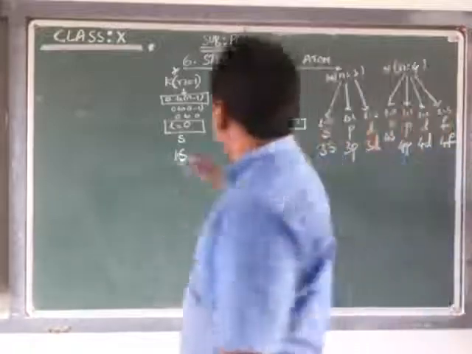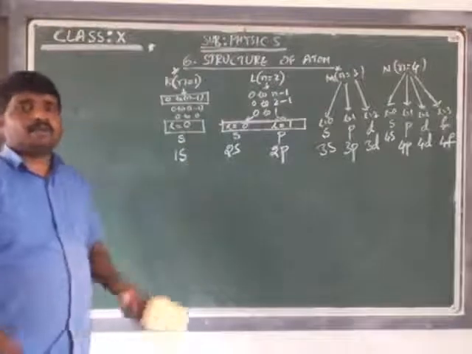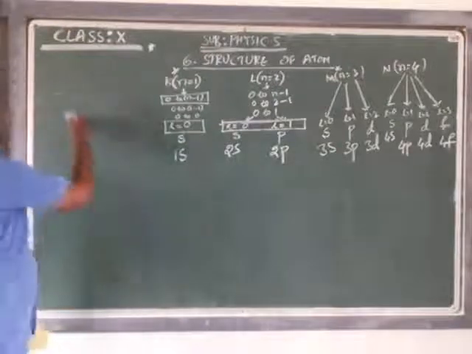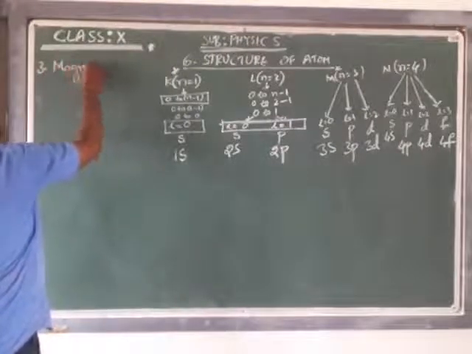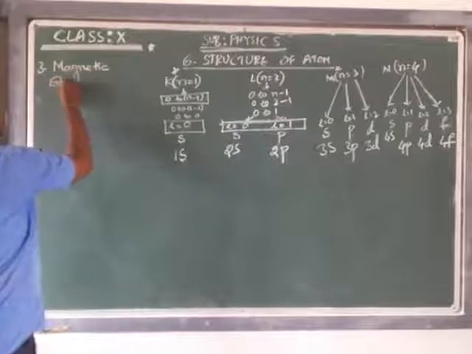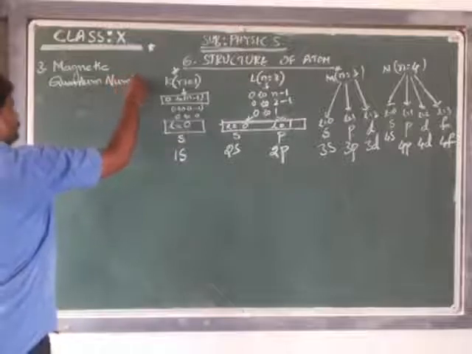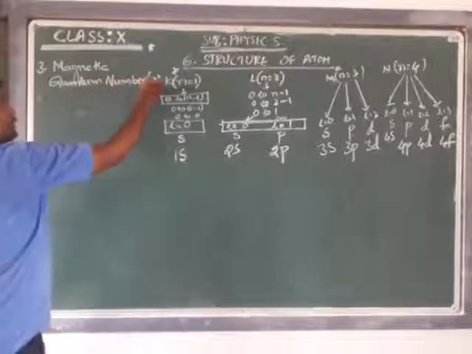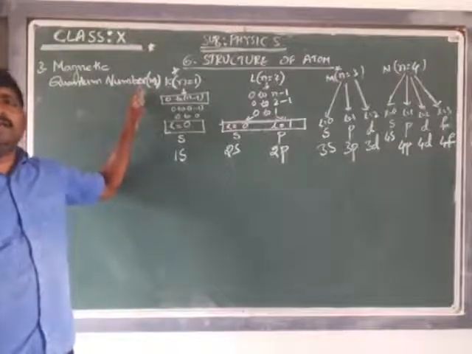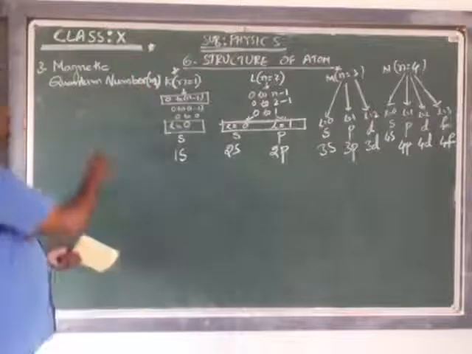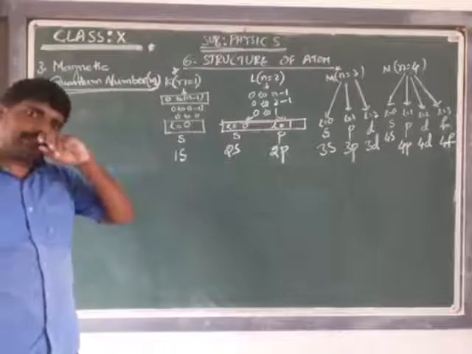Now, with the help of this, we are going to discuss what a magnetic quantum number is. Next, the third type of quantum number is the magnetic quantum number, m subscript l. Small m, and down to that you have to write l: ml. We have to discuss the magnetic quantum number. It is a very important session based on this. Take that as a continuation of the session.